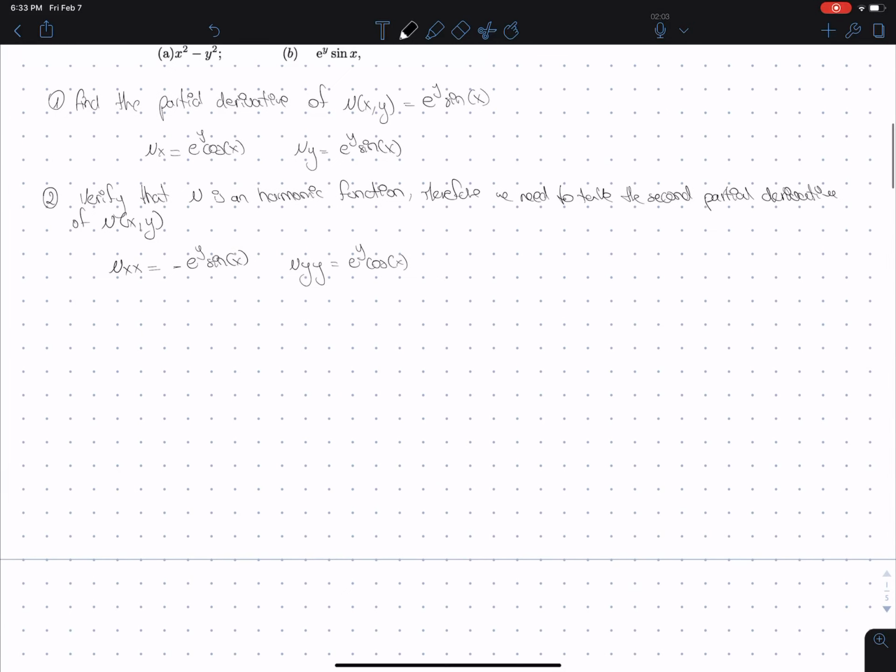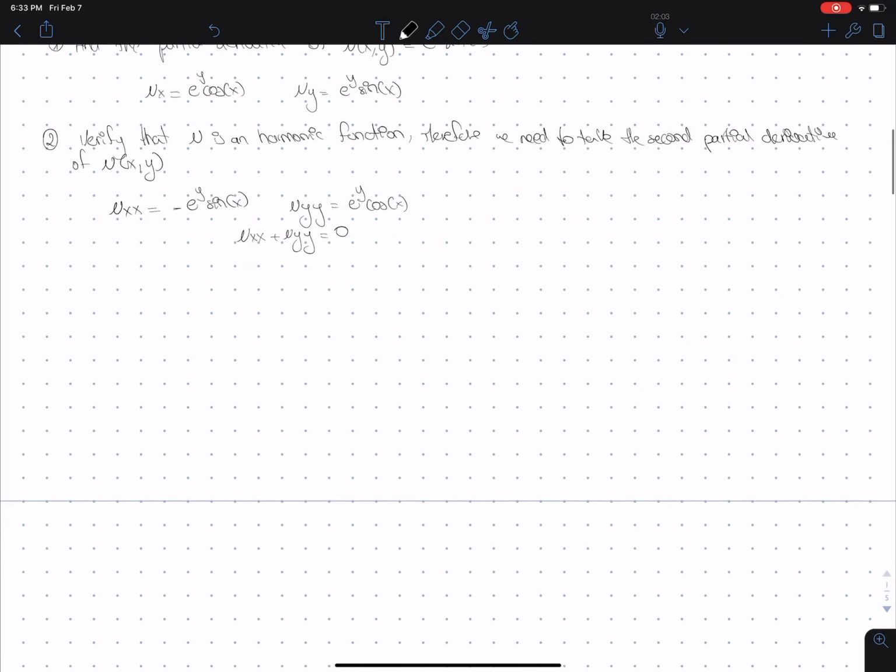So since the second partial derivative in x plus the second partial derivative in y is going to be equal to 0, in order to prove that it is a harmonic function, here we have negative e to the y sine of x plus